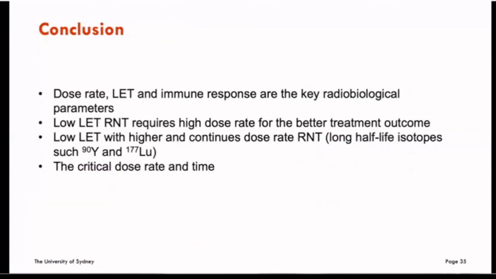In conclusion, dose rate, LET, and immune response are the key radiobiological parameters affecting the RNT. And for the low LET RNT, higher or constant dose rate can help with achieving a more effective treatment with obtaining immunologically effective dose, and the critical dose rate and time need to be considered for RNT treatment planning to enhance the biological